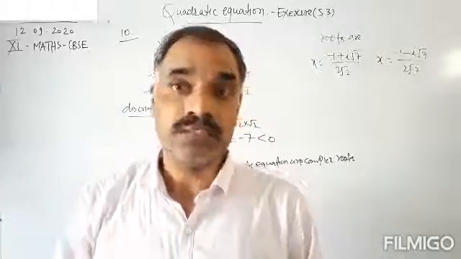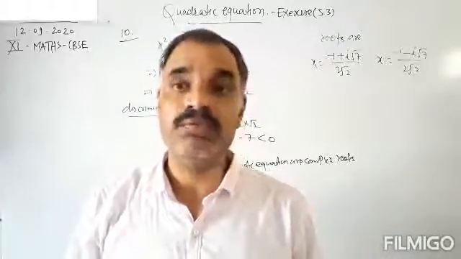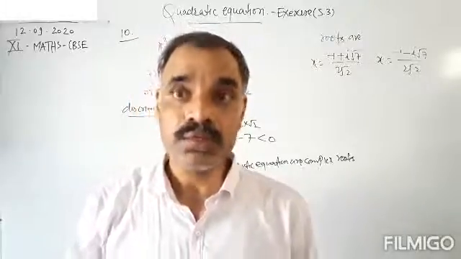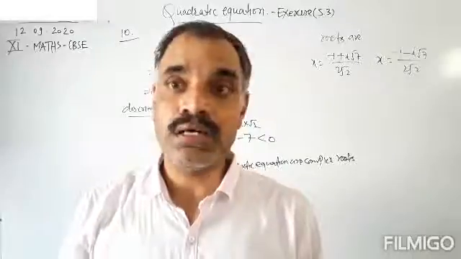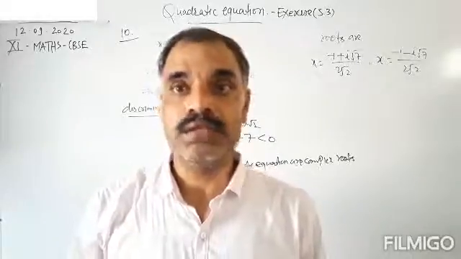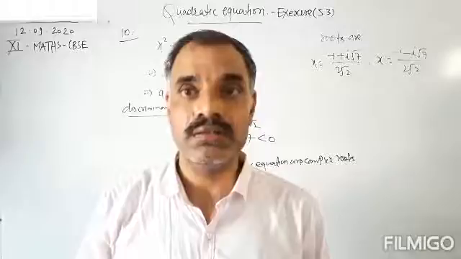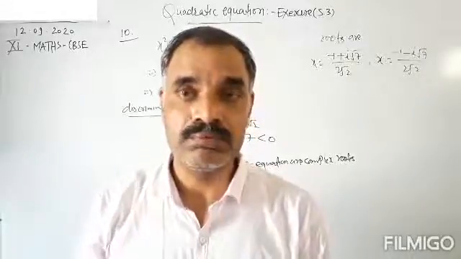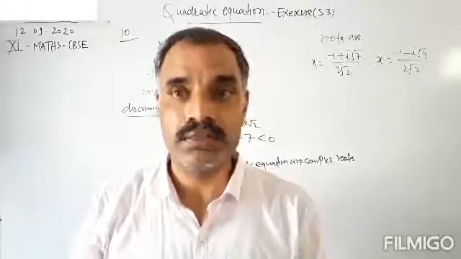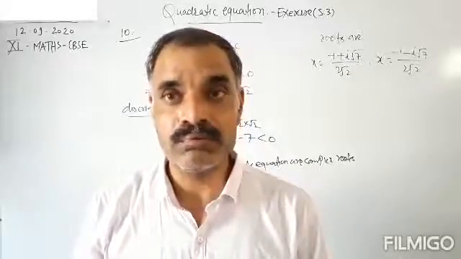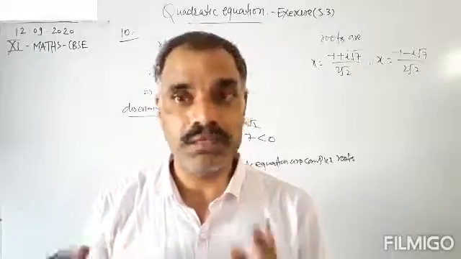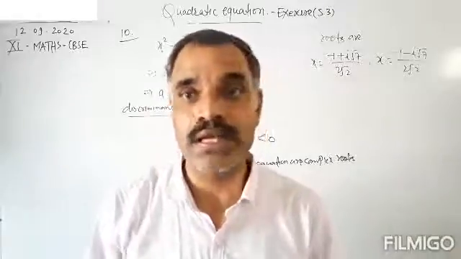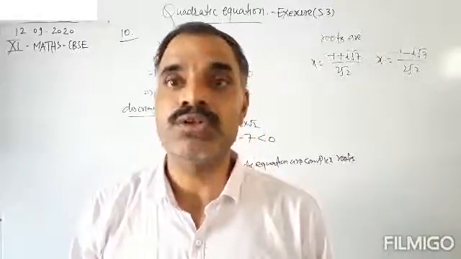Okay, this was the last exercise. Actually we have only 5.3, or 3 exercises, in chapter number 5. The topics are not so different. The topics in this chapter are putting the given complex number in standard form, putting the complex number in polar or trigonometric form, and then solving the given quadratic equation. Okay, now we will have the miscellaneous exercise, and in the next episode of the video we will solve all these.